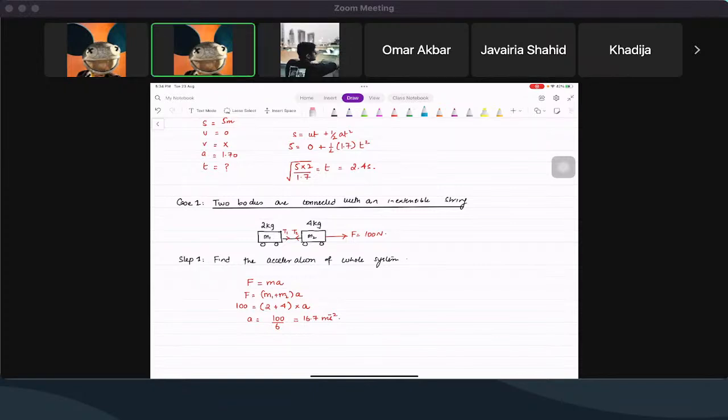Basically, it means that the whole system has just one acceleration. So I'm going to write a note here so you guys remember: this acceleration is the same for both bodies because they are connected. That's fine. Now step 2 is